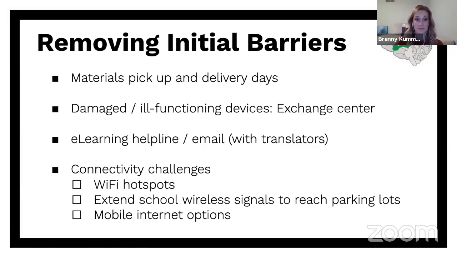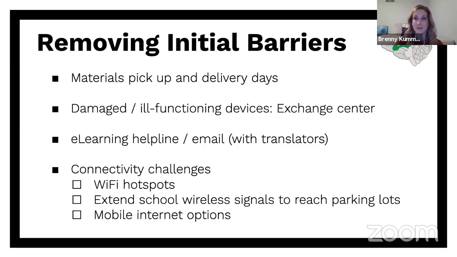We followed what was said before me, that we extended Wi-Fi signals into parking lots, which helped, but we also wanted to make sure we had other options for our students too. We distributed about 50 hotspots to date. We got those from Verizon. That was an interesting struggle to get because we're competing against businesses and other school districts, but our tech director, who's in this chat as well, drove up to Indy to grab those from the vendor.